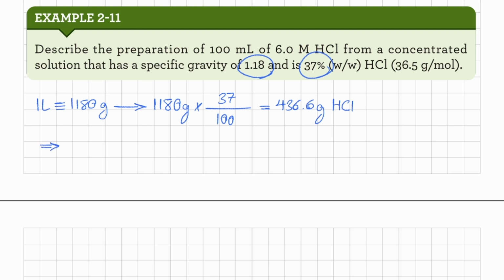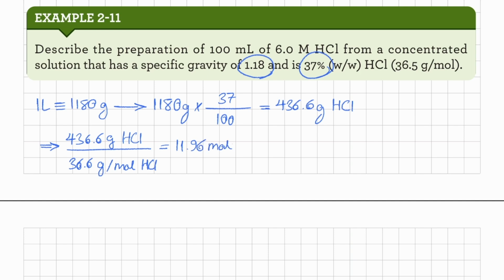We can say 436.6 grams of HCl divided by 36.6 grams per mole of HCl. Fine. The answer would be